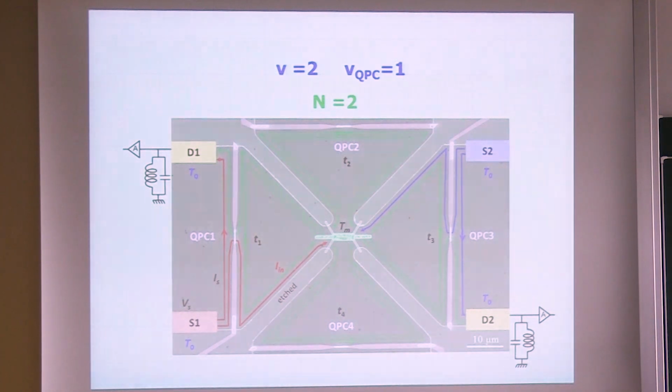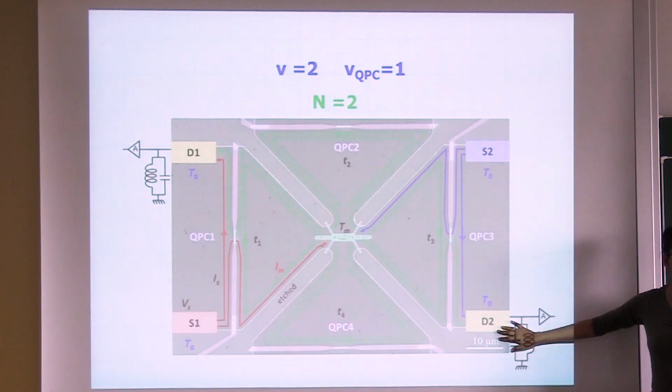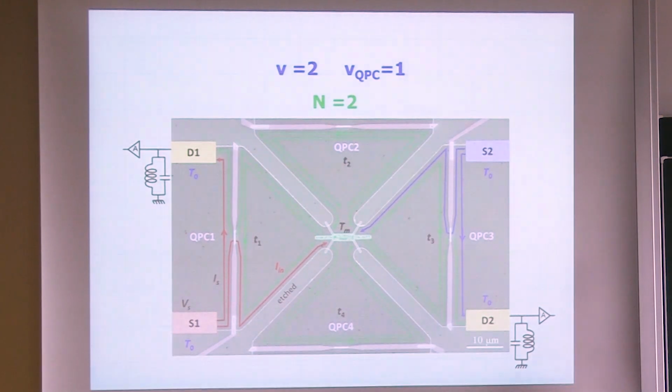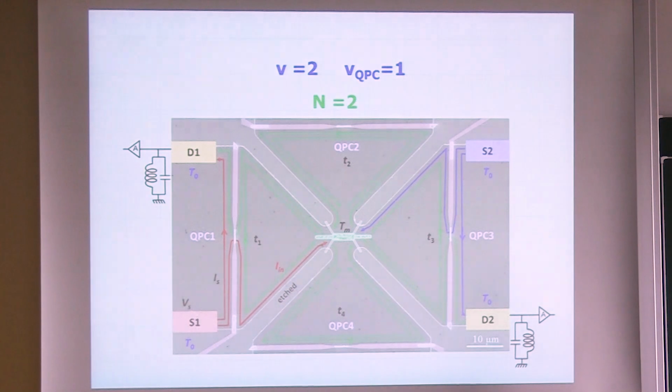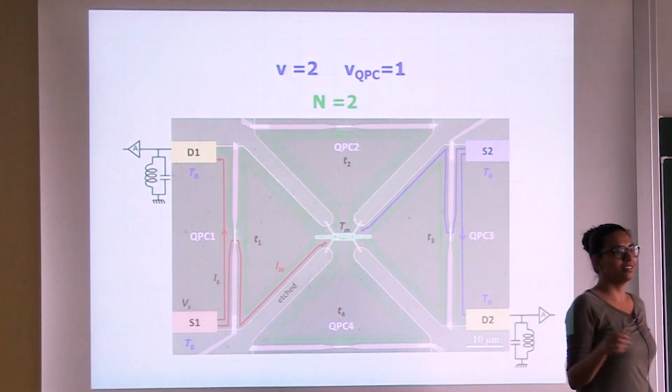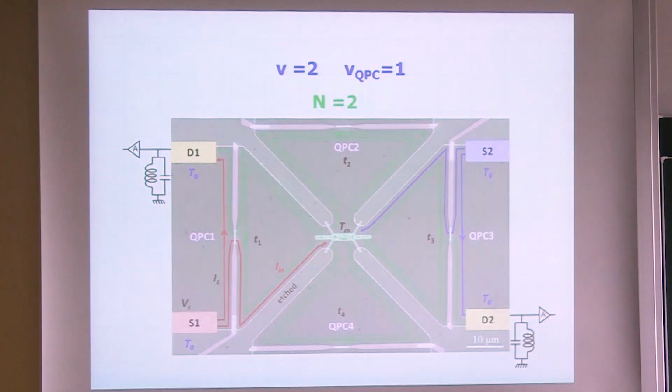Okay? So quick question, where's the noise being measured? It's in the drains. We have this LC circuit. It's a drain. It's a floating contact where I have my cold amplifier connected. You're also heating the metallic island through the edge? Edge states, yes. Because I don't need extra conductor. In this Hall effect, this is the beauty, you know. You have edge states which won't dissipate and will take all the current that you give to it,